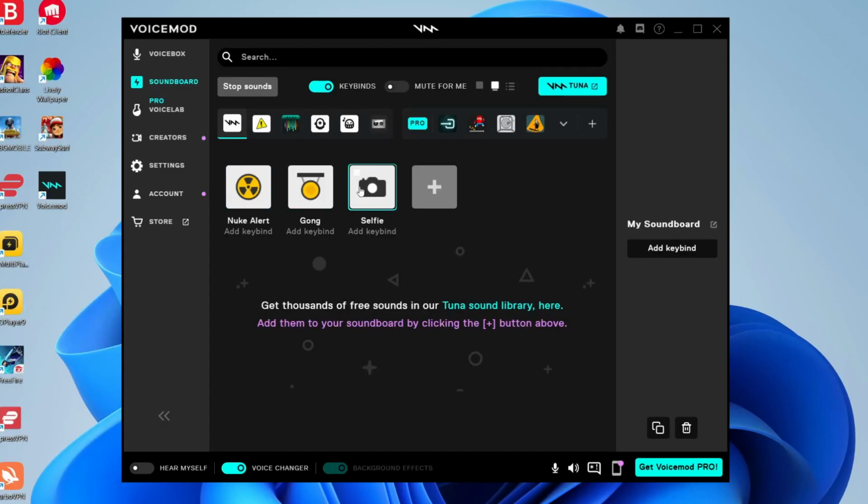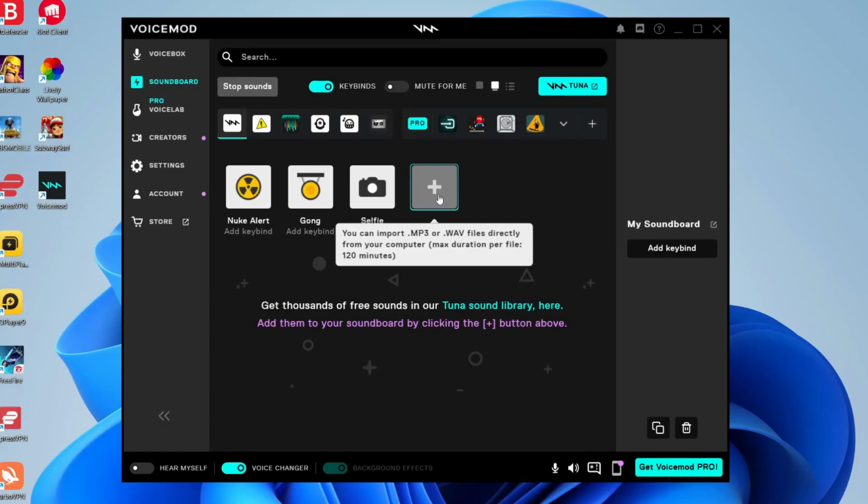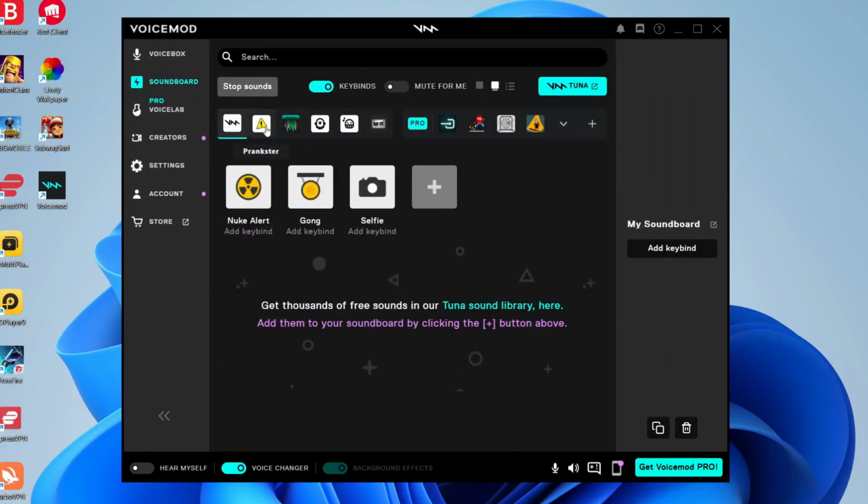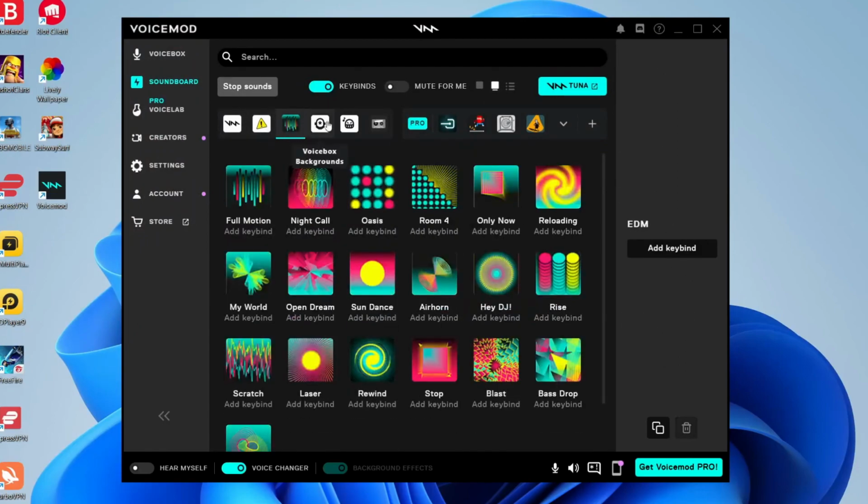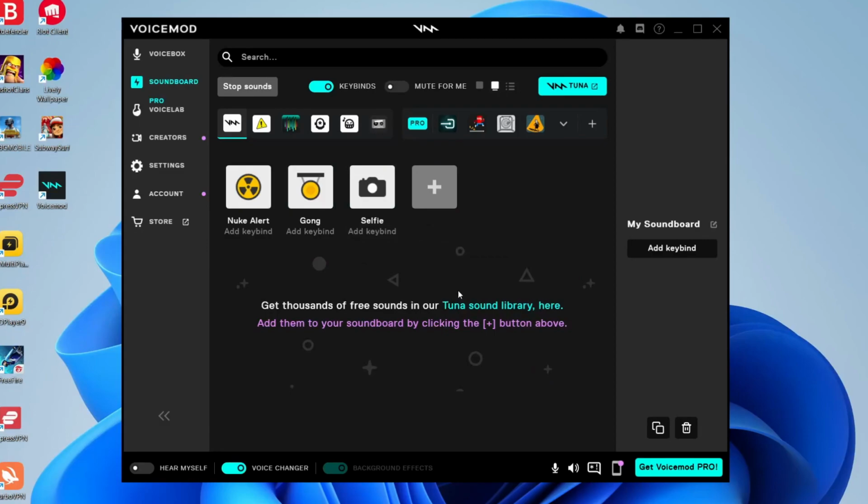And the awesome thing about VoiceMod is we can import our own sounds. As you can see, we can import MP3 or WAV files directly from your computer. So tap here and your file explorer will open. But there are loads of sounds to choose from. Click on the Prankster option, and then we've got EDM and so many more, so do check those out. But in order to use VoiceMod in Discord, then we need to set